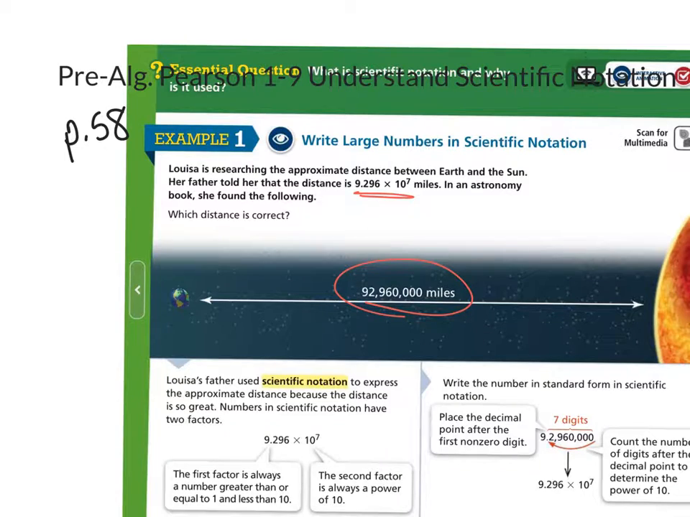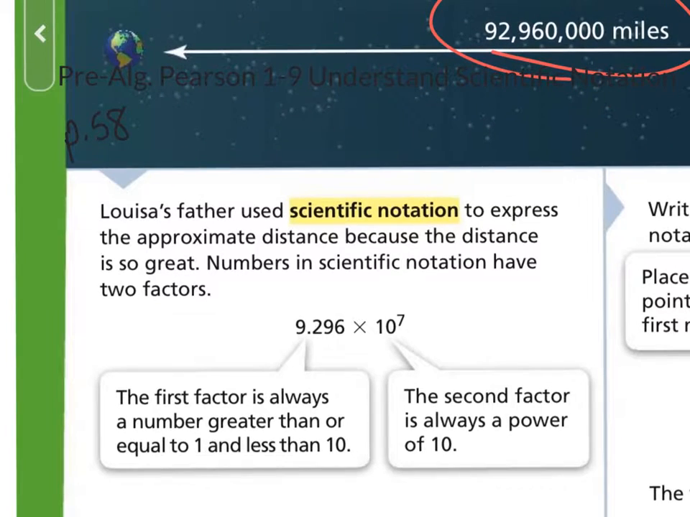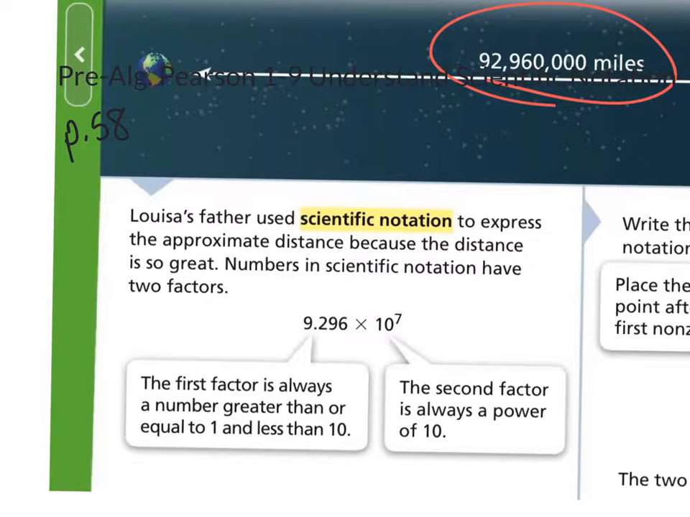So if you look at what's happening here, what happened is her father used scientific notation. When we have really big numbers or really small numbers, we can use scientific notation, which makes it easier to compare numbers and say which one's bigger, which one's smaller. The deal is with scientific notation,